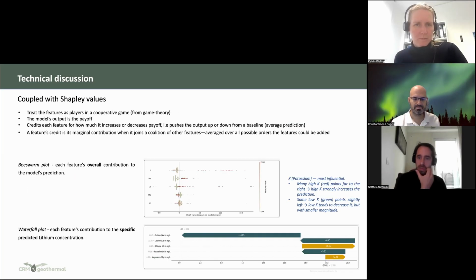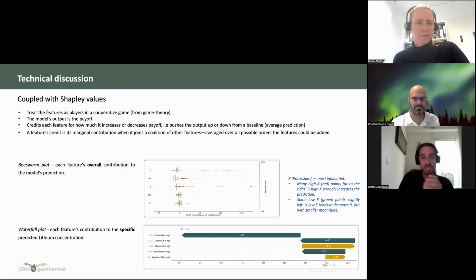Another layer of explainability, as also mentioned earlier, is the Shapley value. So we coupled this model with Shapley value. And what is Shapley value? There is a lot of theory behind Shapley value, but in a nutshell, it's a statistical tool that is borrowed from game theory. It treats the feature as a player in a cooperative game, and the model output, so the prediction, is the payoff, and then it credits each feature with how much it increases or decreases the payoff.